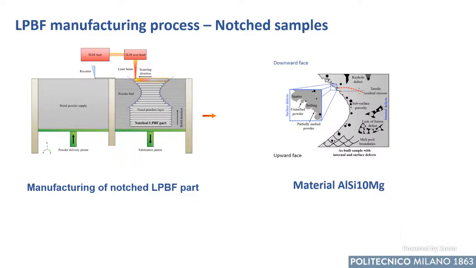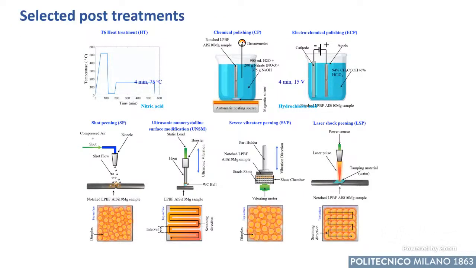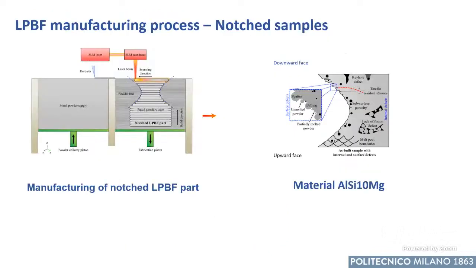This is the way we have built the sample, so the direction of building is perpendicular to the cross section of the sample. And here, the first thing that we notice is that the surfaces symmetrically posed with respect to the minimum cross section are not the same. This is due to the different way that the deposition is done in the upward or the downward phase. And then starting from this condition, where we have a lot of porosity, surface damage, and bad quality of